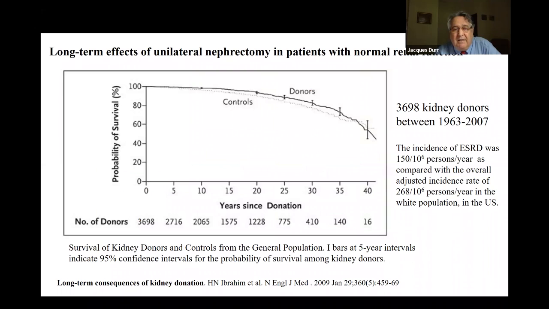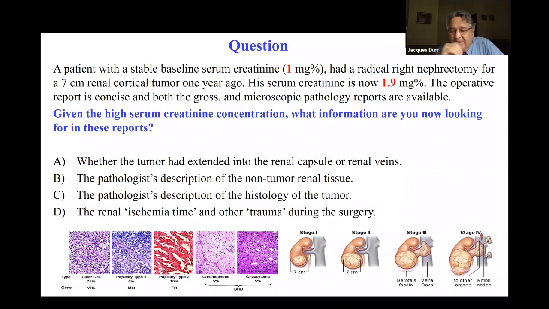So keep this in mind. Here is a study that was published about 10 years ago, looking at a big cohort of about 4,000 patients who donated kidney. Remember, those are patients selected for nephrectomy, the living donors. And you can see that the overall survival of this population compared to control is totally normal. There is no adverse effect of taking a kidney out. But again, this is a population that has been chosen for absence of risk factor,